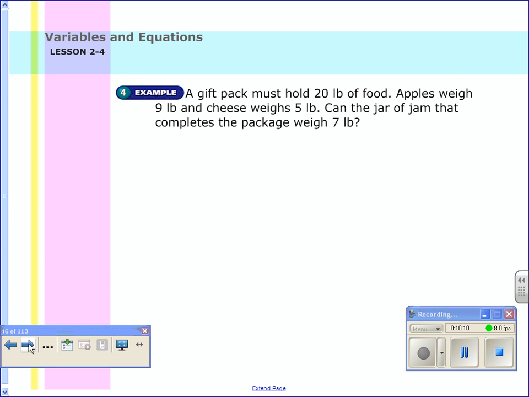All right, so here we have this one. And again, we're using that idea, except now they give us a word problem of it. A gift pack must hold 20 pounds of food. Apples weigh 9 pounds and cheese weighs 5 pounds. Can the jar of jam that completes the package weigh 7 pounds? Well, let's find out. All right, we know that together in this gift pack, we're going to have apples,